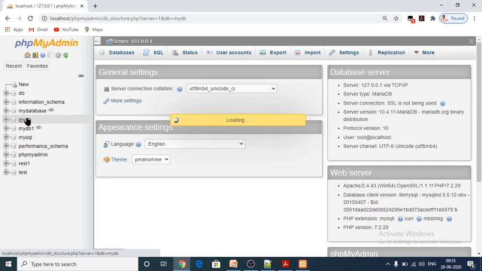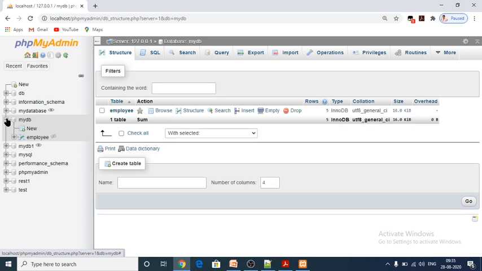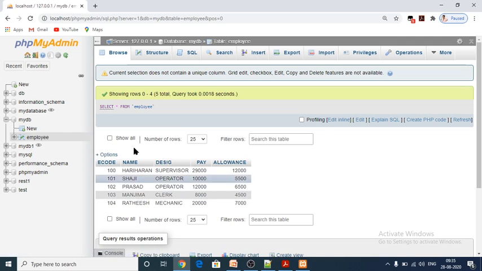Under MyDB, only one table is there, which is employee. So these are the employee details. To feed another employee detail, we need to create a lengthy program with PHP. Because of insufficient time, we have no time to do that.